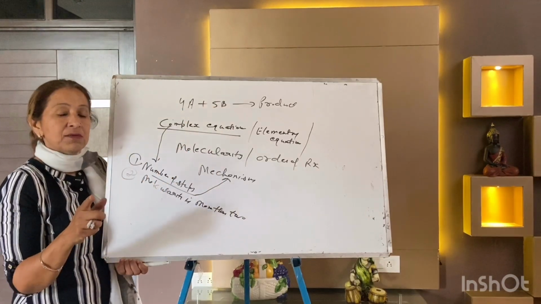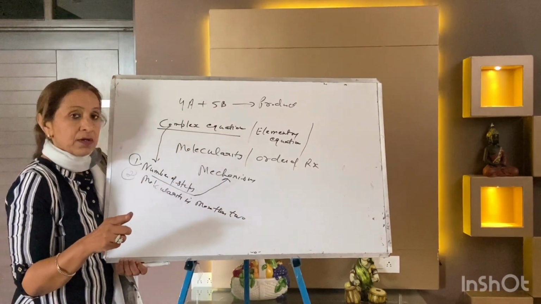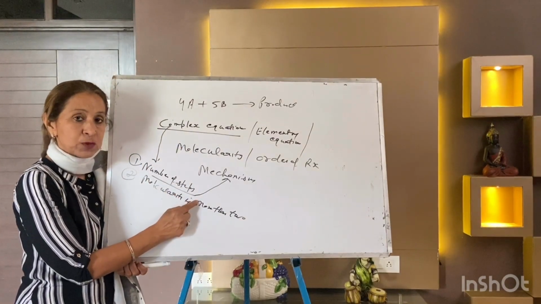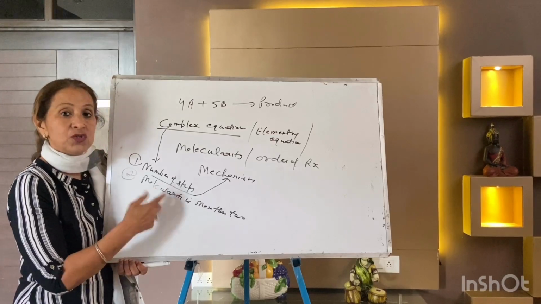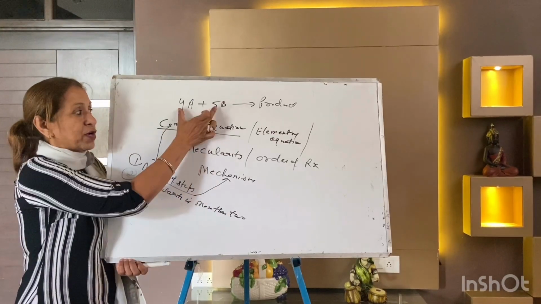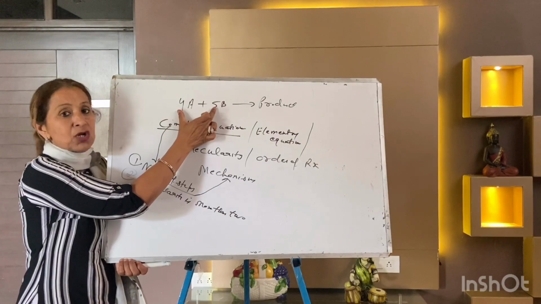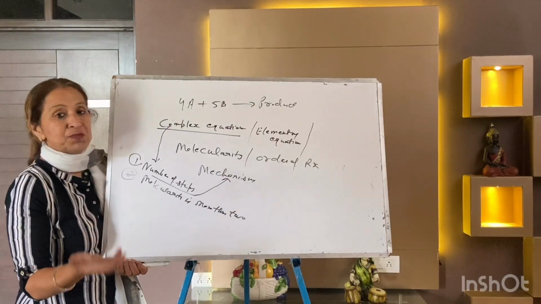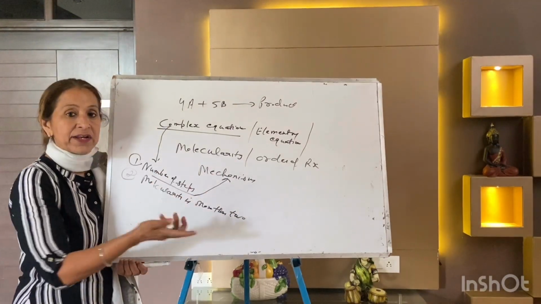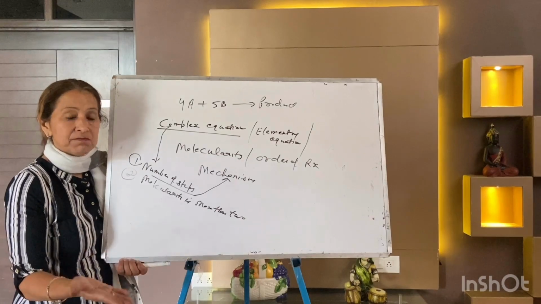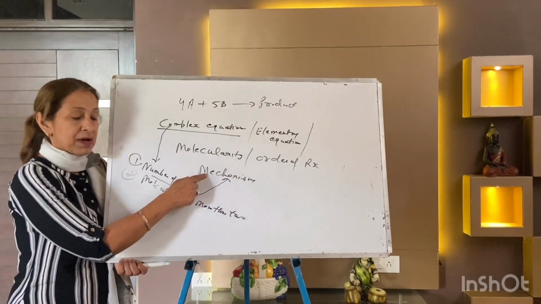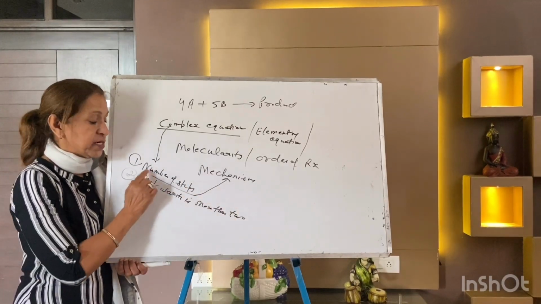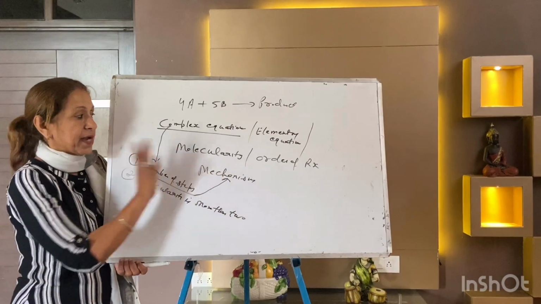I think our 3 concepts are clear. Complex reaction, which takes place in number of steps. We will take these steps sooner. Whose molecularity is 2 or more than 2. What is molecularity? You can see there are 9 moles. This is molecularity, 9 molecularity it is. What is molecularity? Number of reacting species. You can write number of reacting species. Species may be atoms, may be ions, may be molecules. What is the mechanism? Detailed process, detailed steps of a reaction is the mechanism.